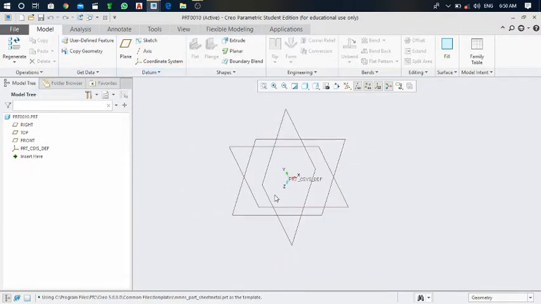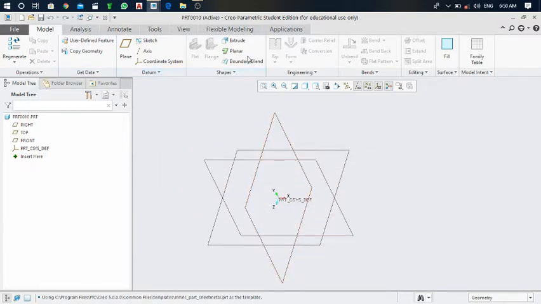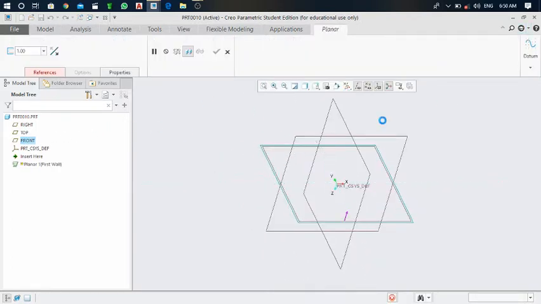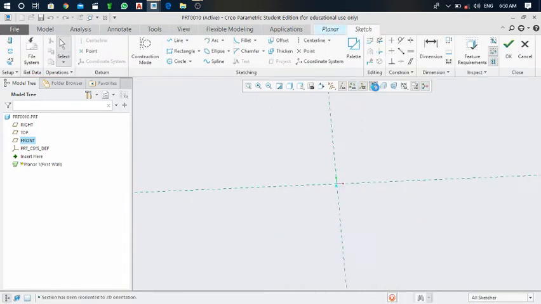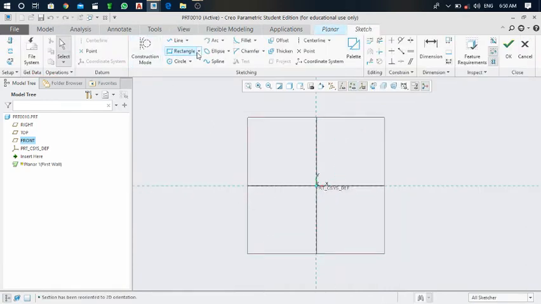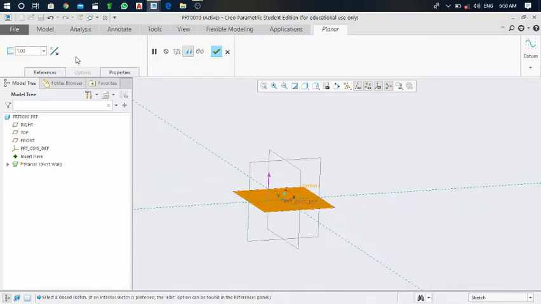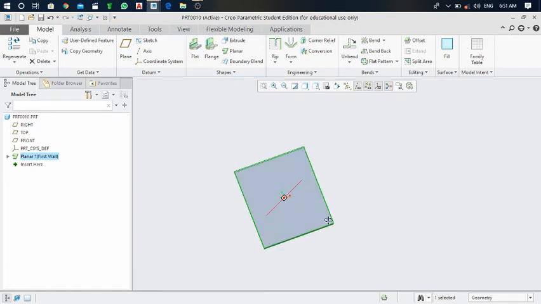We have taken this new file. Now start from this plane, click on the front plane and click on the sketch view. Take the center rectangle from the ribbon and draw it from the center, of any dimension. Click on OK. The part is already generated with a thickness of 1 millimeter. I would like to make it 10 millimeters. Put it over there and press enter. Click on the green tick mark.